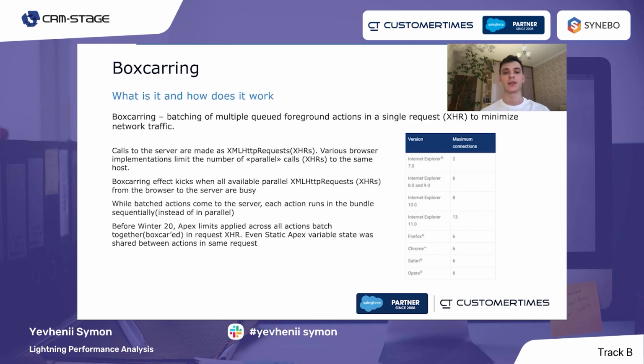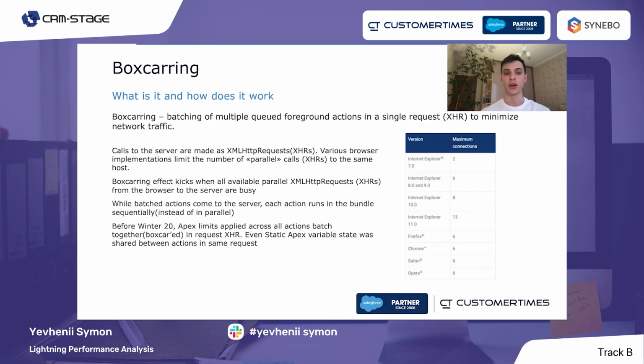So on the page load, at the same moment of time, we are doing 10 requests. It means that only 5 requests will be sent to the server as a single request each. For the 6th, 7th and the other 5 requests, when the system will try to send them, it will see that there is no available connection, no available slot for your XHR requests. So it will batch all these 5 requests into one request to the server,